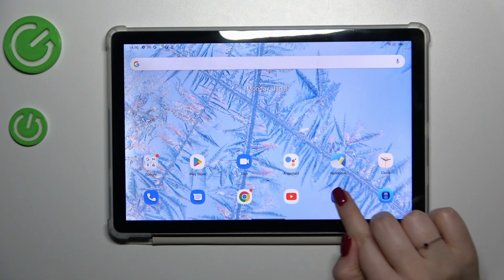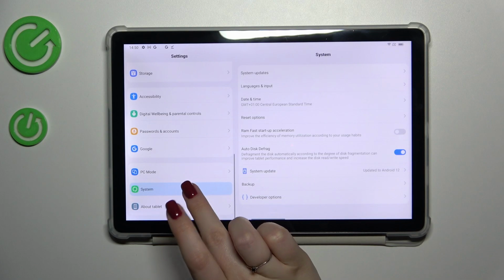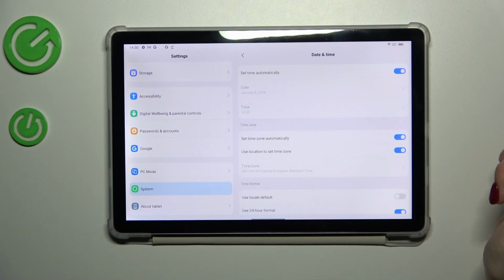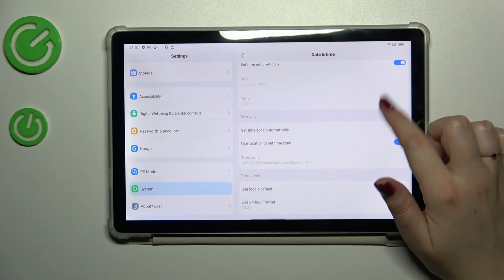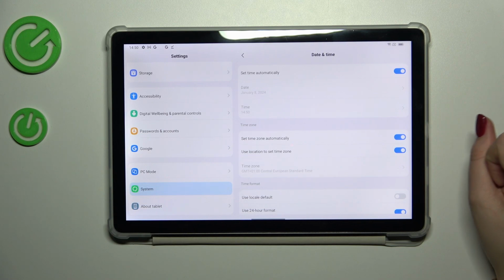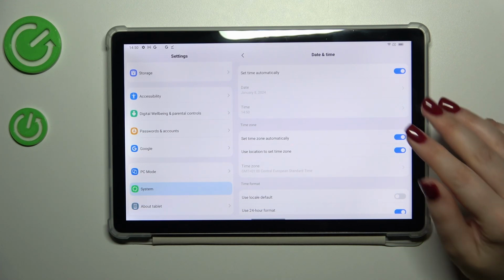So let's start with opening the settings, and here in this left section we have to scroll down to find the system. In this right section we will have this date and time option, so let's simply tap. And as you can see, here we've got some options which are inactive, and because of that we cannot really manually change the date and time. It is because we are using all of the